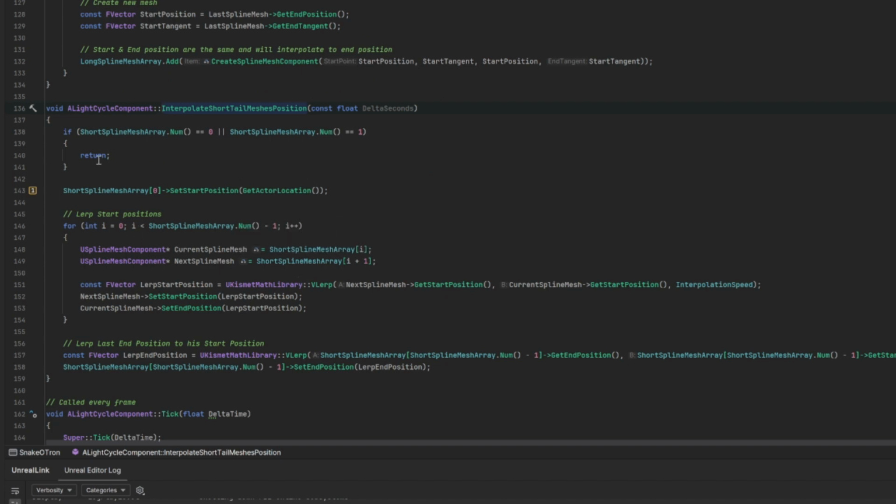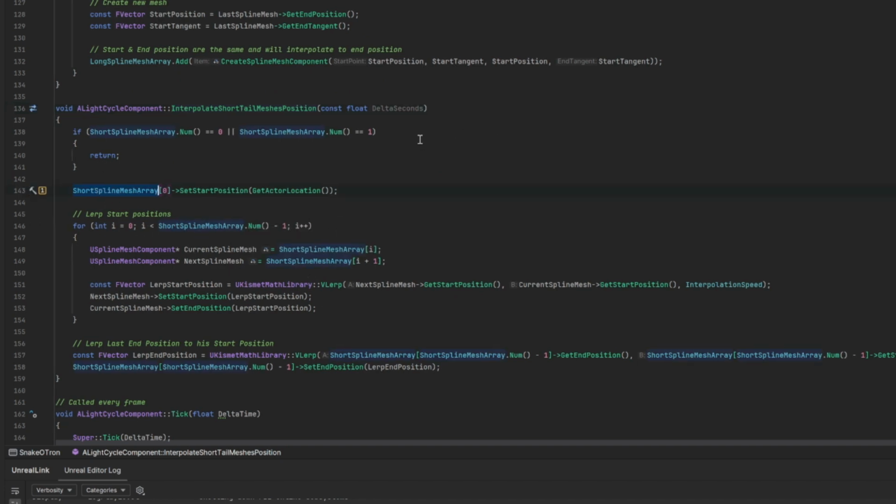So basically I have an array of meshes and update its position to the actor location. Then I interpolate all the positions with the Gizmet library, VLerp, with an interpolation speed. So basically it moves towards the vehicle slowly. Then I update the last position. If I go back to the tick,